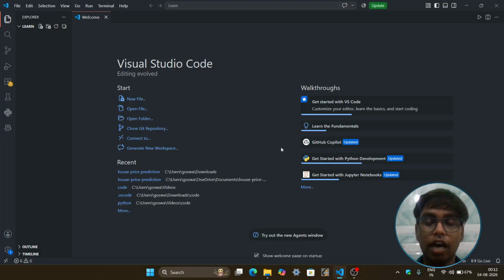There are several main types of libraries that I can tell you about. The most popular one is NumPy. NumPy is basically used for numerical computation. Then Pandas for data analysis, Matplotlib for data visualization, Scikit-learn, TensorFlow, PyTorch, OpenCV. There are plenty of libraries that we are going to use for our machine learning. So let's jump into the installation part.